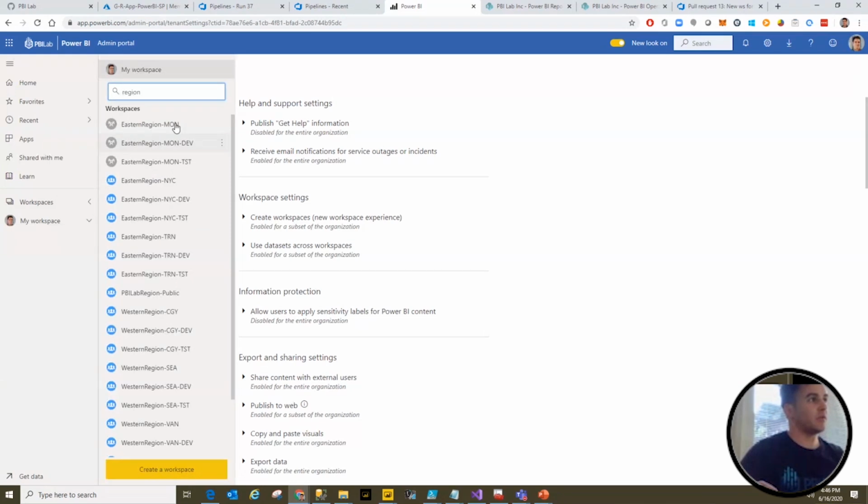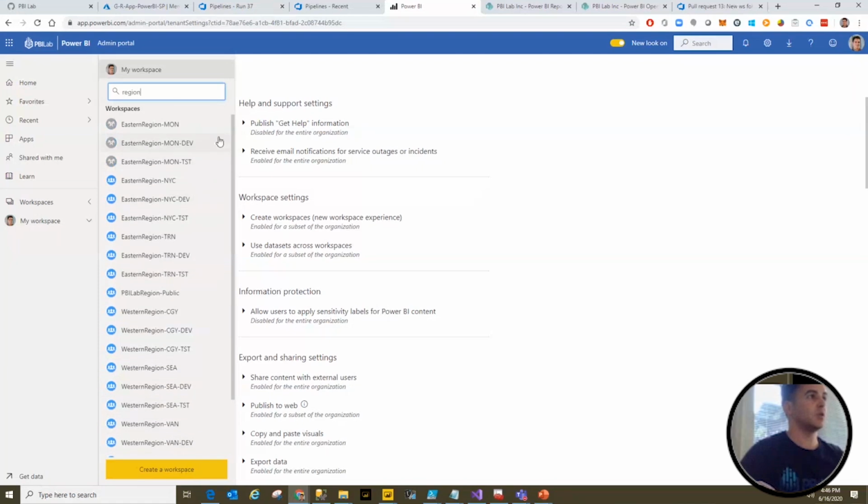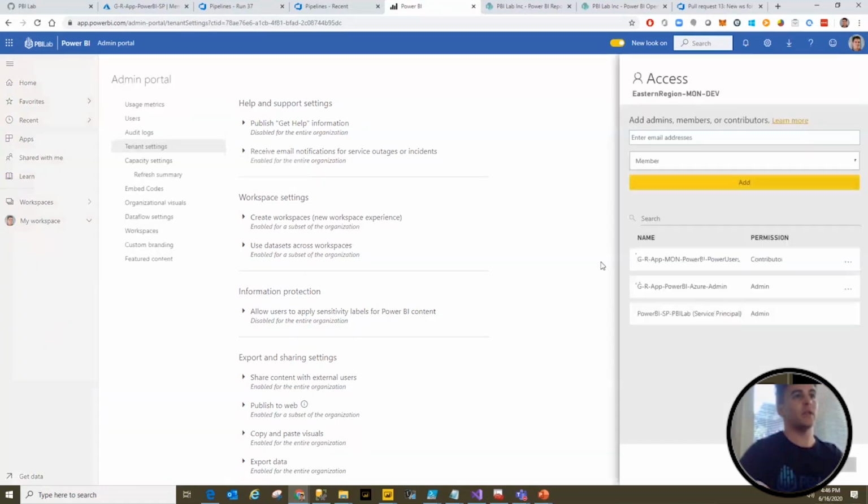So I have a set of 3 workspaces for Montreal and a set of 3 workspaces for Vancouver. And the security is actually exactly the one I requested. So I have my power user as contributor, the admin group as admin, and the service principal is admin. Why is it key having the service principal as admin? Because in the second demo, which I cannot run today, I would have shown how to use the service principal to deploy a report from one environment to the other environment. So in order to close this up quickly,